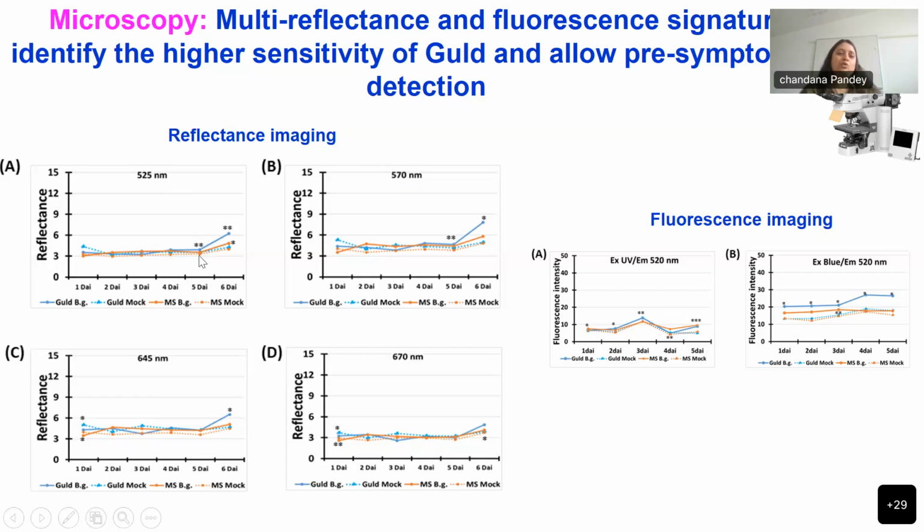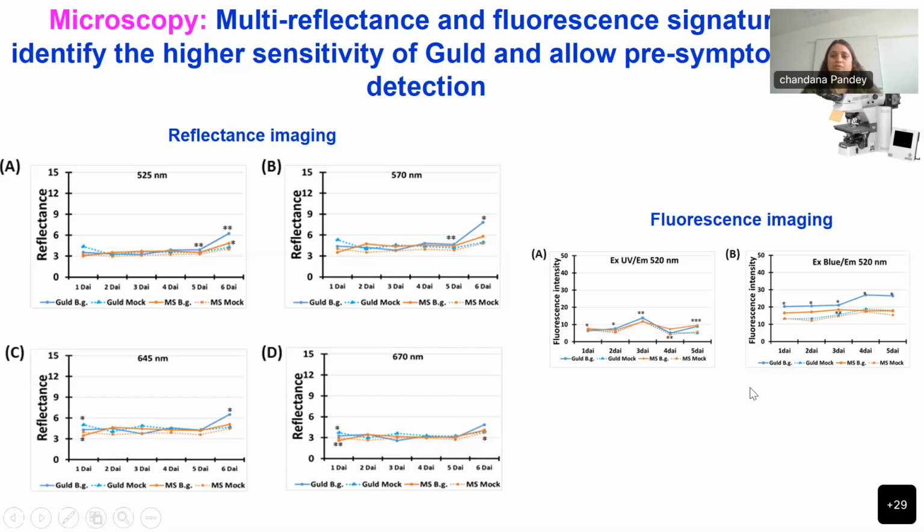Here, we only observe changes at 5 days and 6 days, where we see that the sensitive cultivar has higher reflectance as compared to the mock or the resistant cultivar. So these four lines are the resistant and sensitive cultivar for their mock and the infected plant. But